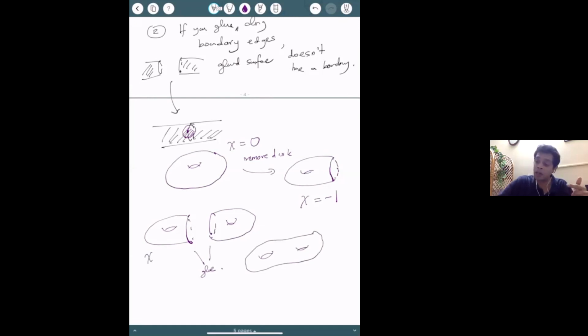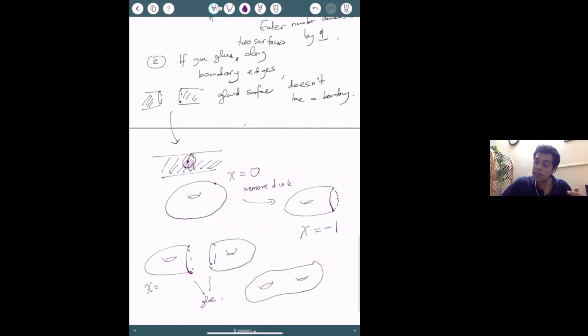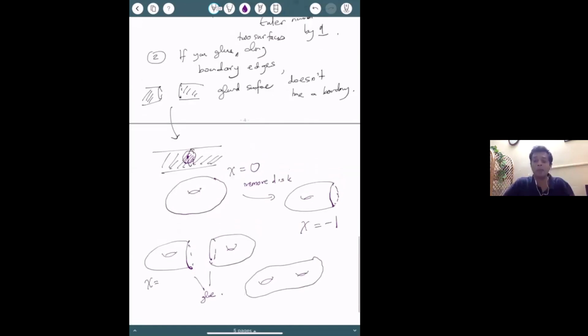Maybe I should have mentioned it as part of the second observation: the Euler numbers add up. The glued surface has the Euler number that is the sum of the two Euler numbers that you had. Again, you can convince yourself by imagining a graph